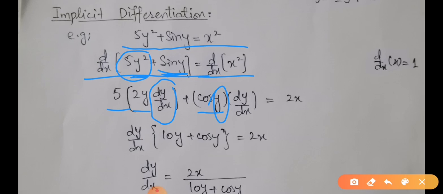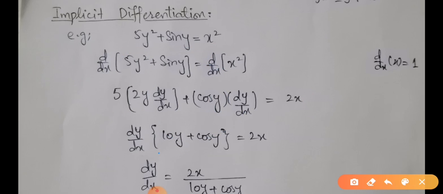plus now the derivative of sin y is going to be cos y, and the derivative of the angle is going to be dy by dx, which is equal to the derivative of x square with respect to x, which is 2x with the help of the power rule, and the derivative of x is 1, so we are going to have 2x on the right hand side. Now we will take dy by dx common, so we will have dy by dx into 10y plus cos y is equal to 2x. So here is the expression for dy by dx. This is the basic technique of implicit differentiation. We apply the differentiation on both sides of the equation, then we take dy by dx common from one side, and then we shift that expression to the other side to get the expression for dy by dx.